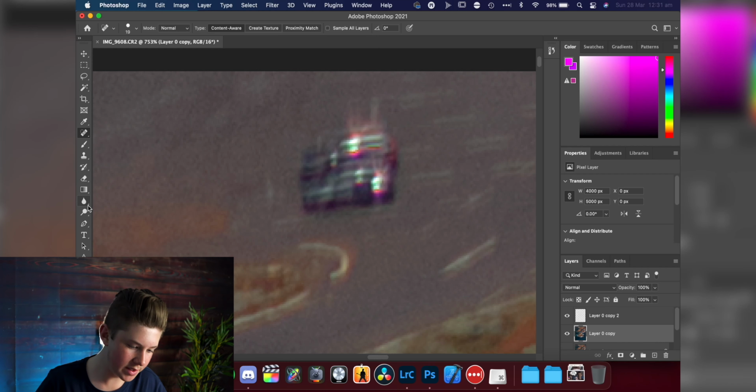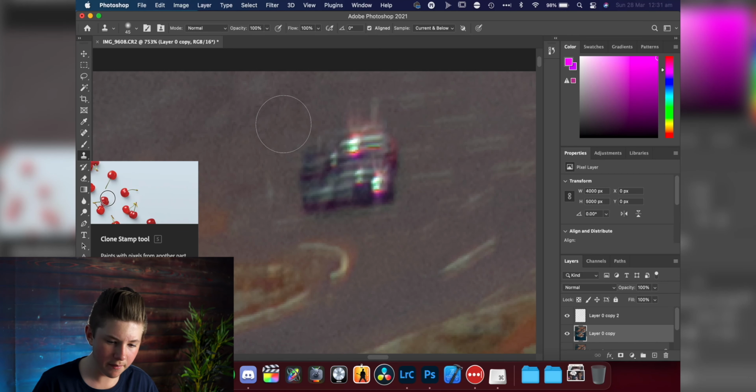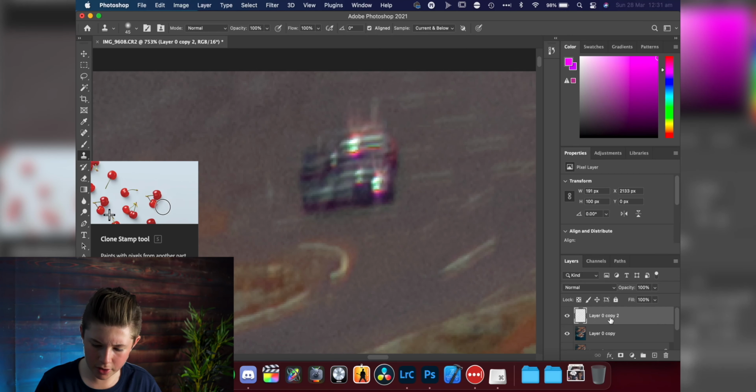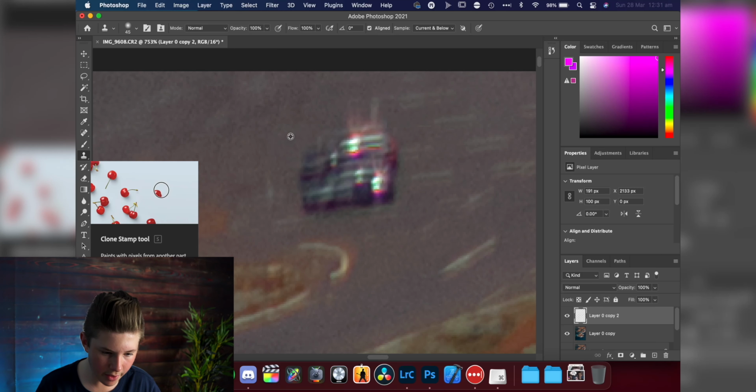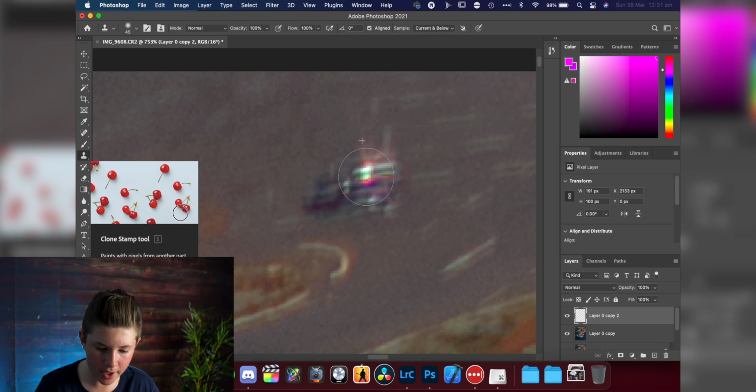The other option is to use the clone stamp tool, where basically you select sample current and below, go to that new layer you made when content aware filling, or you could just make a new layer, hold option and click on a gray area such as the road, and then just paint directly over the image. You may have to hold down option and select a new area, because you see I ran into the original car part here, so it ended up just painting the same thing on top of itself. So you may have to reselect and then just continue going over it.